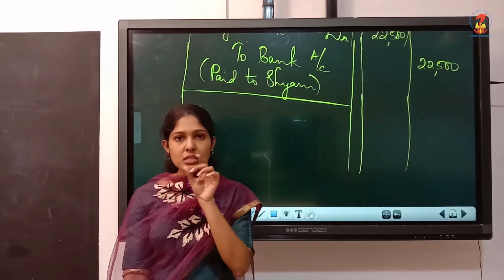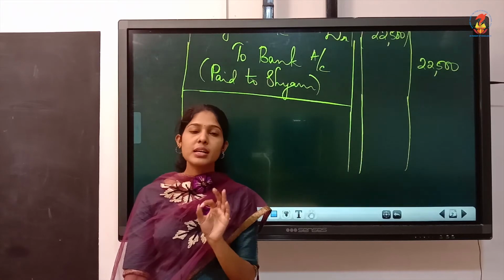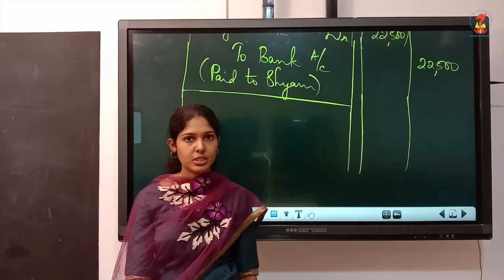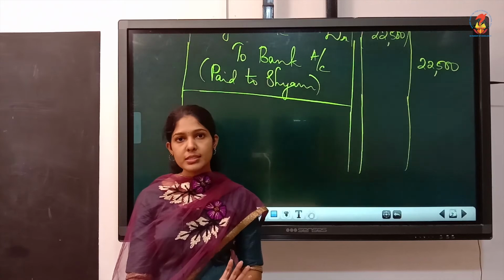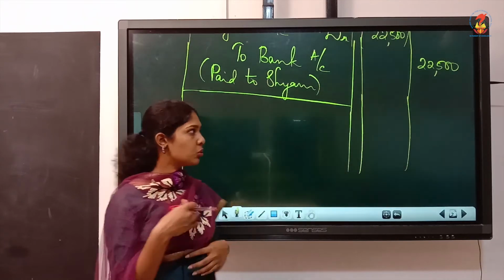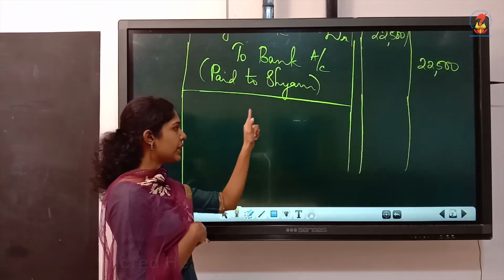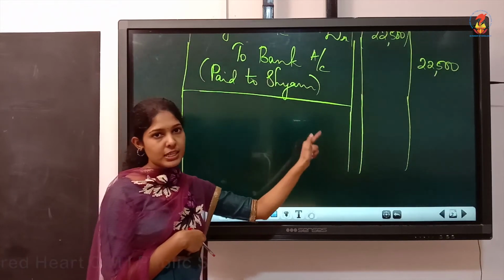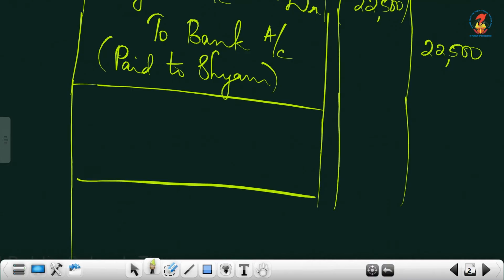So, placed an order with Daruwala and company means it is not considered as a transaction. No need to enter the journal entry in the books. Understood? Since you are just placing an order, it is not considered as a transaction. So, you can write here, in the particulars column, placing an order is not considered as a transaction. Hence, no journal entry is required. That's the answer you have to write, and you can just close. Just write that sentence and you can close this.